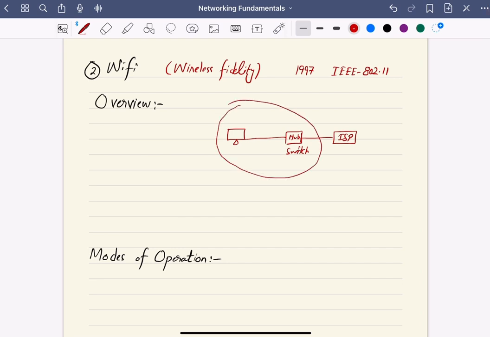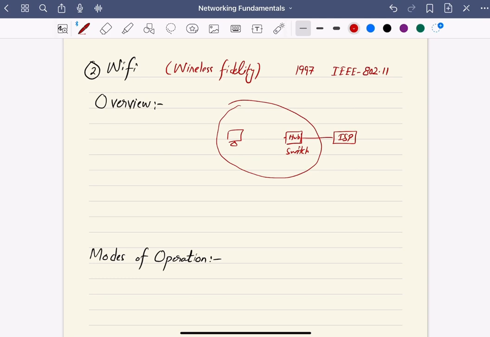So what was the problem? The problem is that it restricts your mobility. For example, if you want to use the internet, you have to be connected with the Ethernet cable. So the idea was that if we remove this cable,